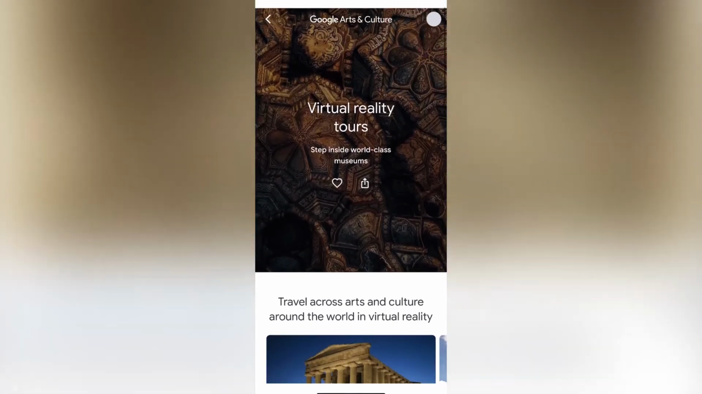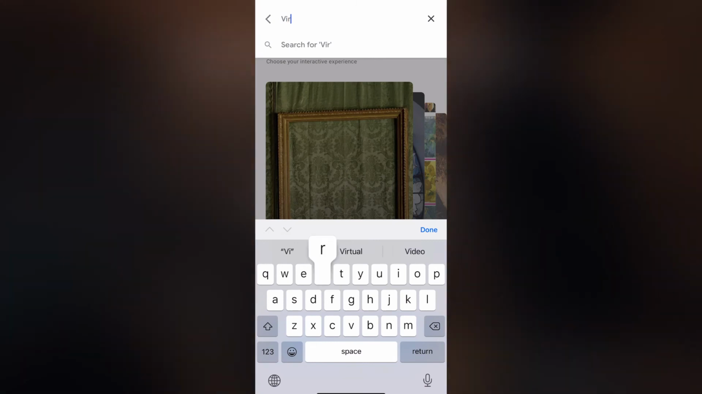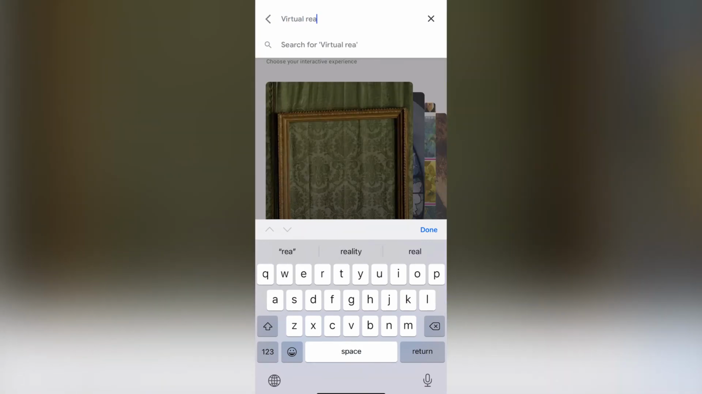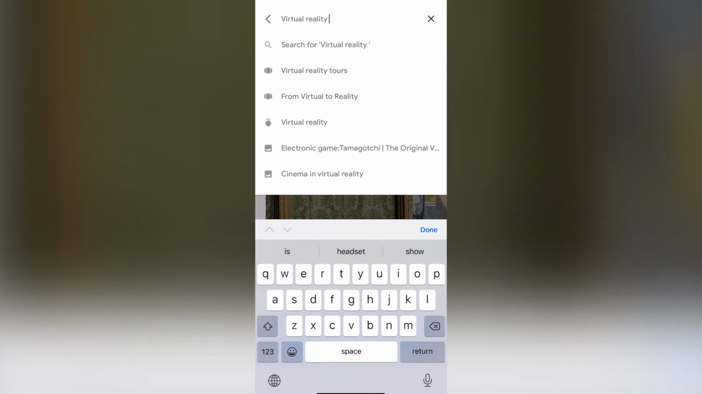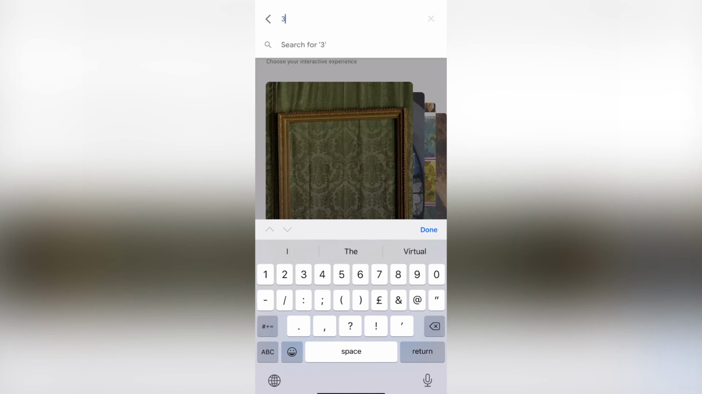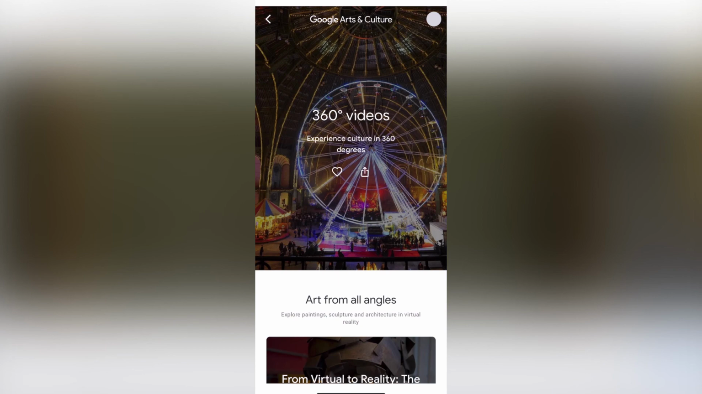I can go out to that experience and look for other ones as well. So your best search options, if you're looking for something with virtual reality, are just to search for virtual reality. Or if you type in 360,